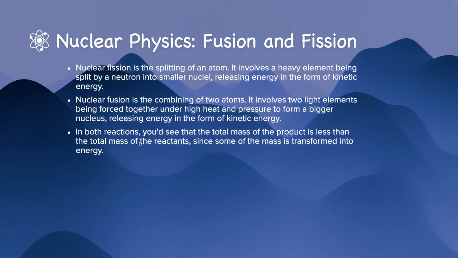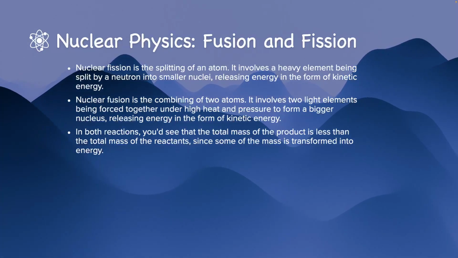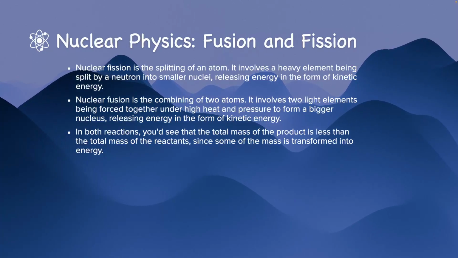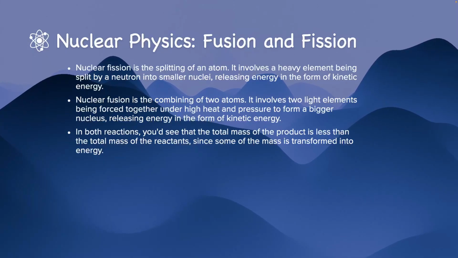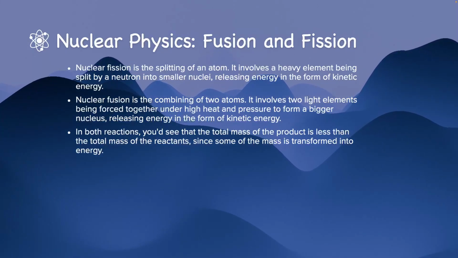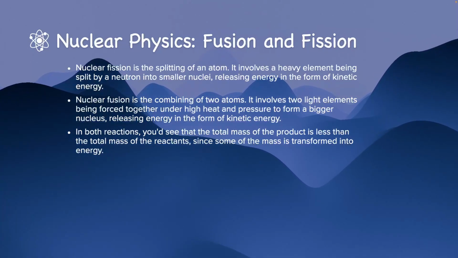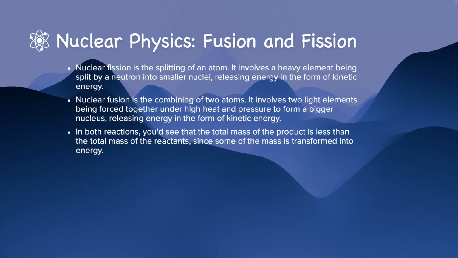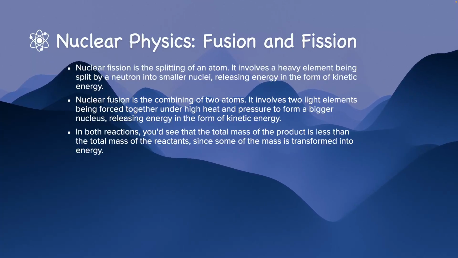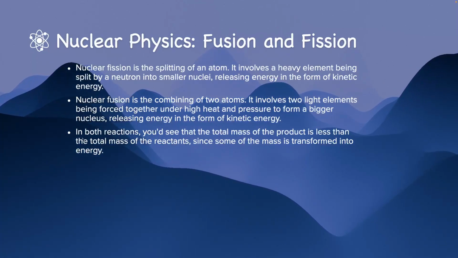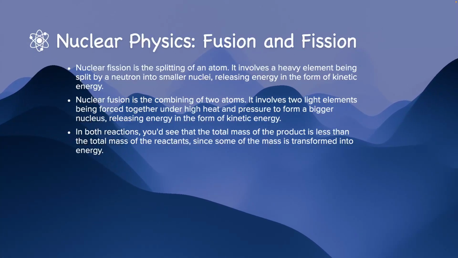Nuclear fusion, on the other hand, is what you see happening inside the sun. It is the combining of two lighter atoms, which are forced under really high pressure and really hot conditions to form a bigger nucleus. So the sun consists of a fuel of mostly hydrogen, which combines together to form bigger atoms, for example, helium, lithium, and so on. In both reactions, you would see the total mass of the atoms in the product is